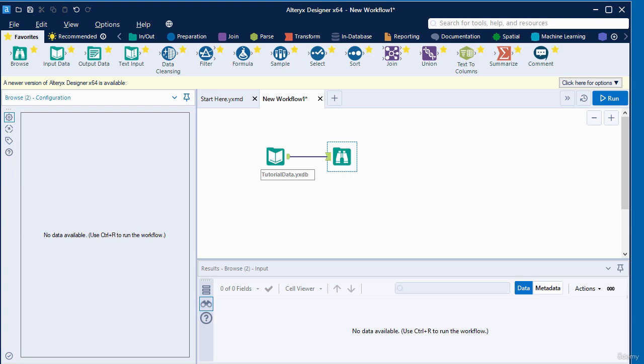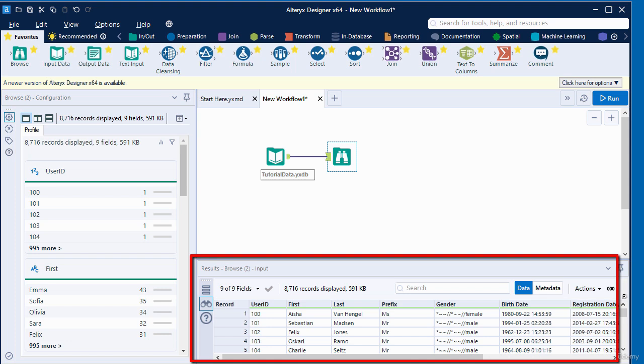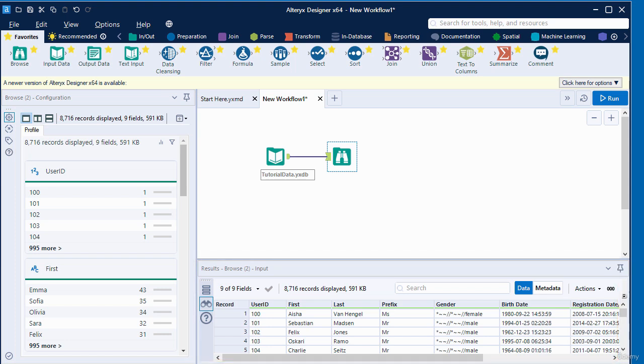I'm going to run the workflow by clicking on the Run button. The Browse tool displays all the records in the result window, regardless of the size limit. The Browse tool enables you to view all the data from the columns and the rows of your connected data